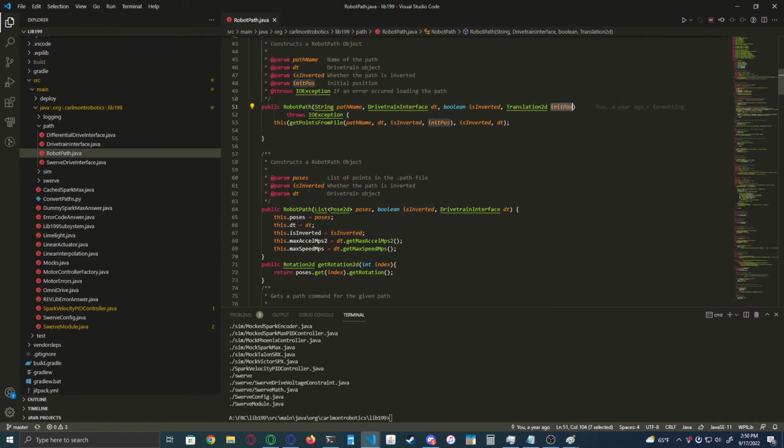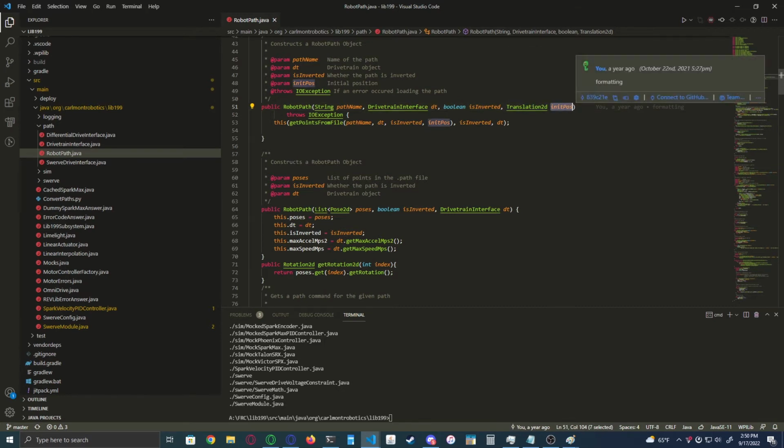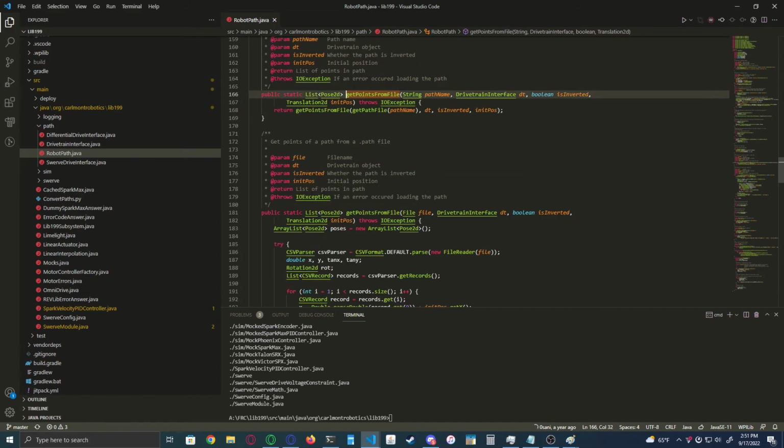Yeah, translation 2D, this is basically an X and Y value. Where's the robot starting on the field? You'll see in a bit, we use this to initialize the odometry on the drivetrain. So if you say use this path to initialize the odometry, this says where it's going to say that is. Then that passes it to this get points from file function, which